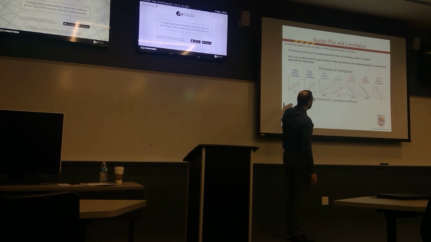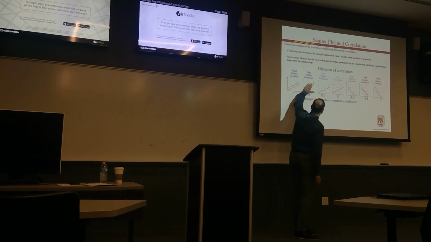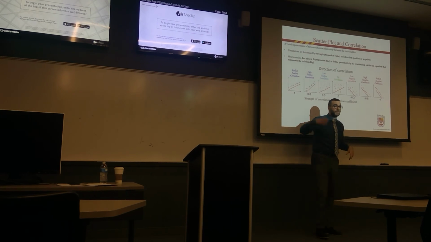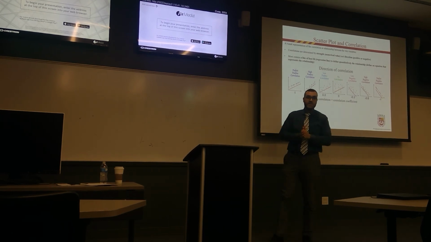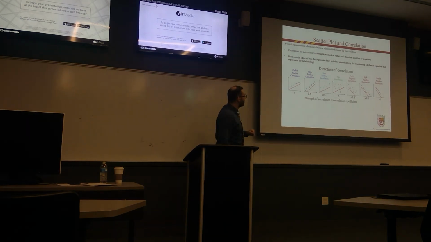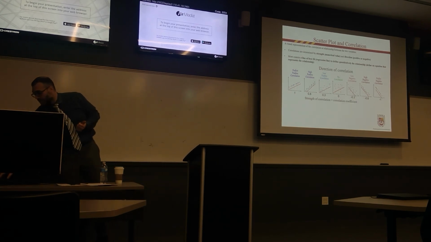Now, the direction of the correlation is identified by the sign or by looking at the scatter plot. You will see if it's positive or if it is negative. Negative means if one increases, the other decreases. If one decreases, the other increases. Positive means if one increases, the other increases. If one decreases, the other decreases. Strength of the relationship is the value of the correlation coefficient. Closer to 1, closer to -1 is the highest, closer to 0 is the lowest.